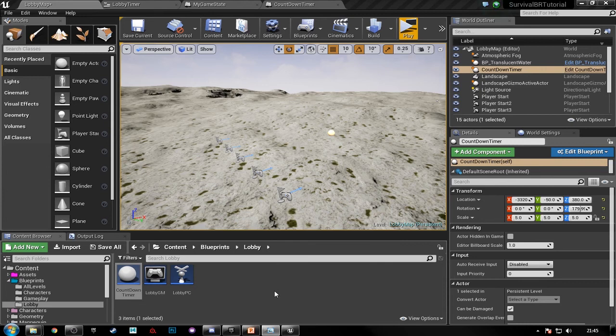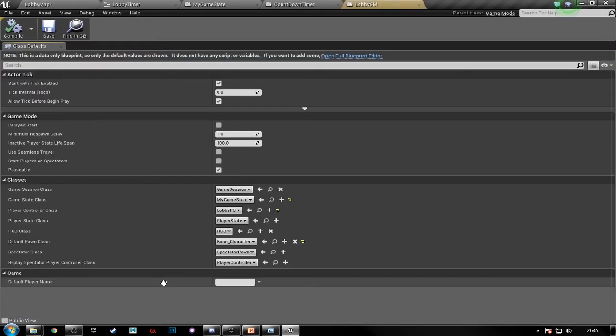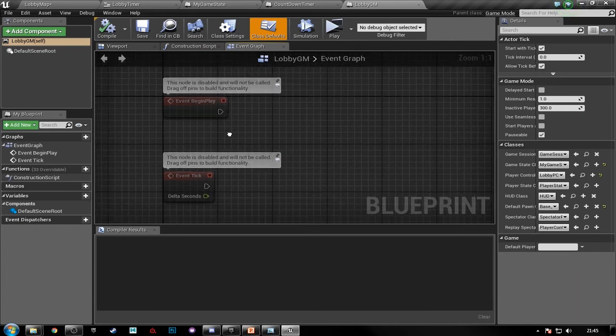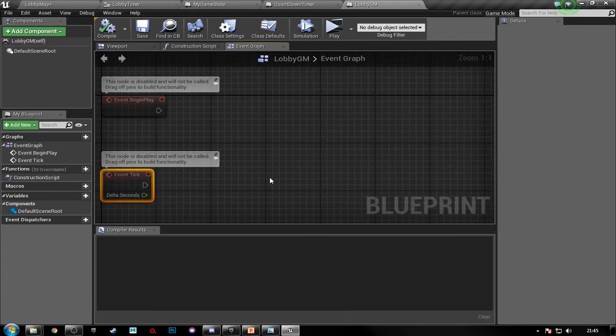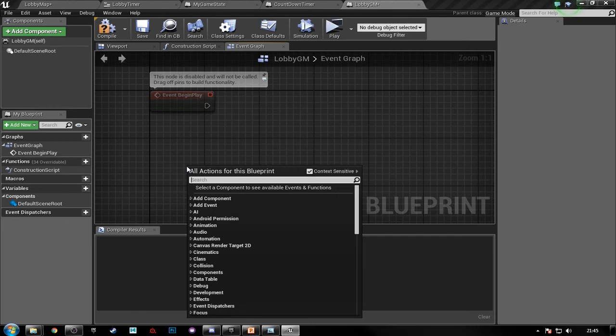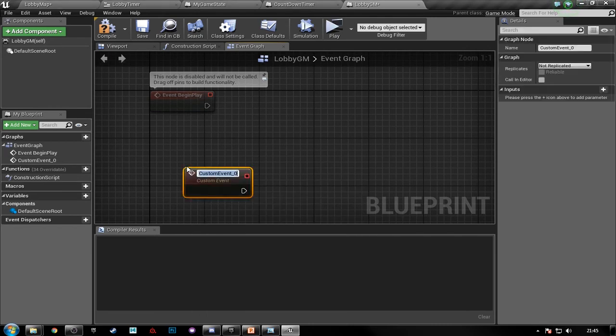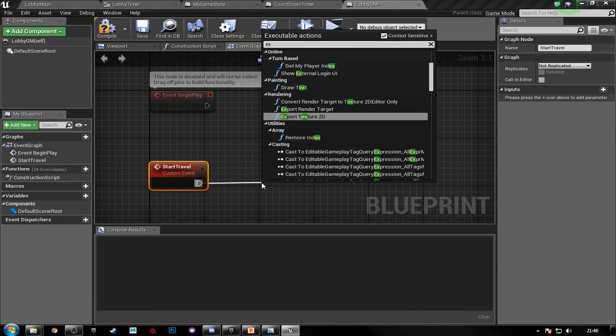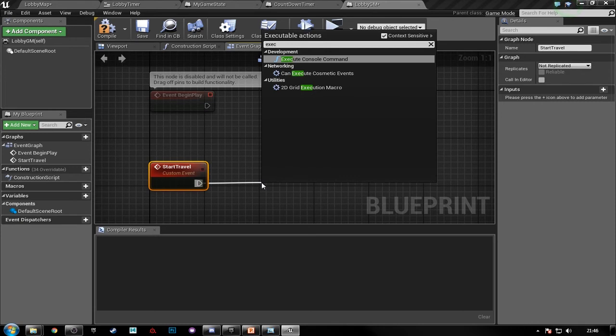Okay. So the final thing we need to do now is we need to set up our travel, our server travel. And what we'll do is we'll set that up inside our game mode. So if we go to our lobby game mode and we open up the blueprint and get rid of the event tick, we just want to create a custom event. And this custom event we're just going to call start travel. Okay, and from the start travel we just want to execute console command,